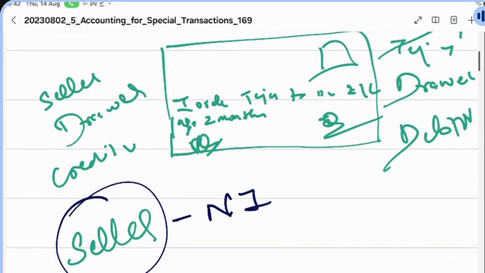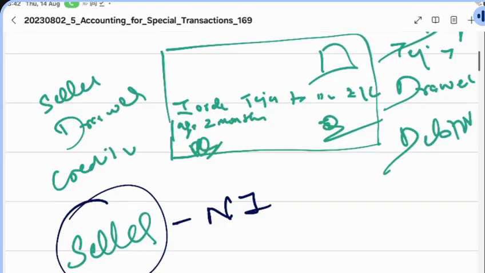As I said, I have agreed to give 2 months time to Tejas for 1 lakh rupees. Assume that after a few days, I may be in need of rupees 1 lakh, but I don't have money with me. I go to Tejas. Tejas says, no, sir, you have given 2 months. I will not be giving back money now. So now what can I do? I can knock on the doors of the bank.